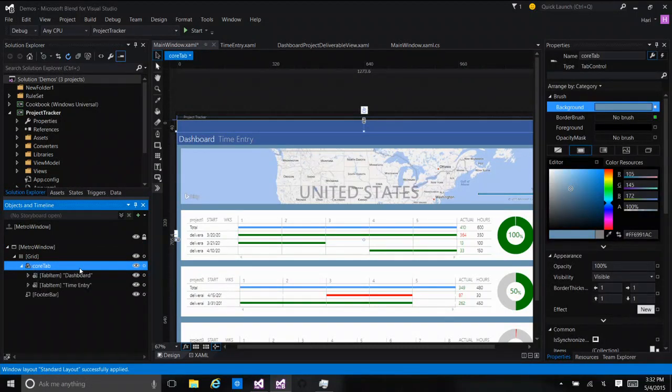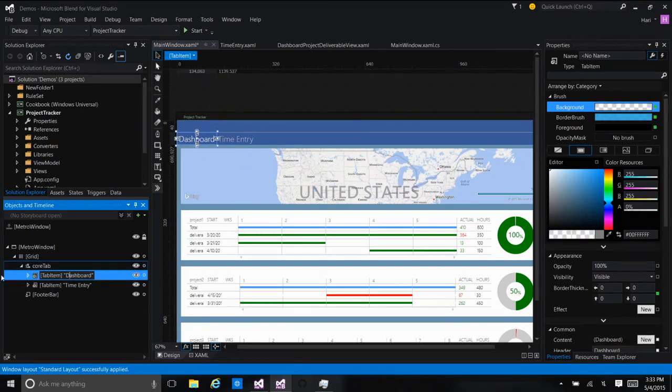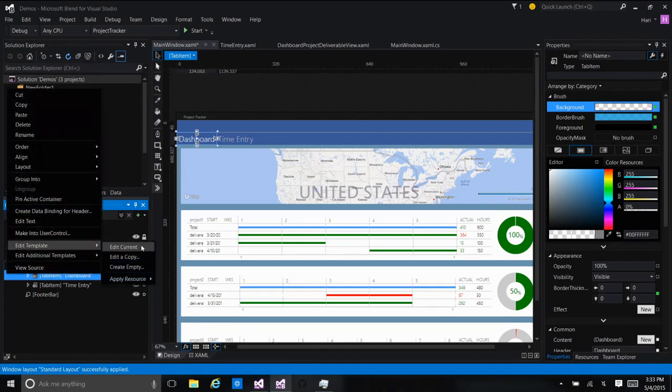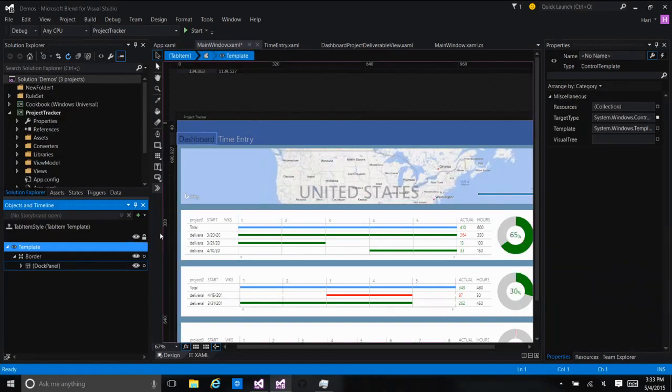I have here a tab control that has 2 tab items. I'm going to select the first tab item, and I want to edit the template of this particular tab item. So I'm going to right-click, Edit Template, Edit Current. What you can see is that if you look at this particular template, my tab item template is coming from